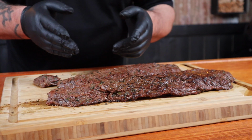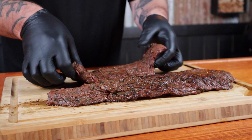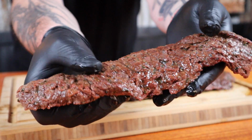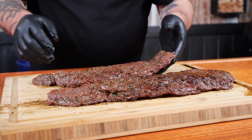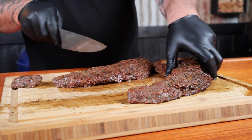Now it is time to cut it up. And this is the important part, because we need to cut across the grain. So by cutting the steak across the grain, we are actually going to make the fibers shorter. And you can see which way the grain goes. It's running across. So if I move that one out of the way,